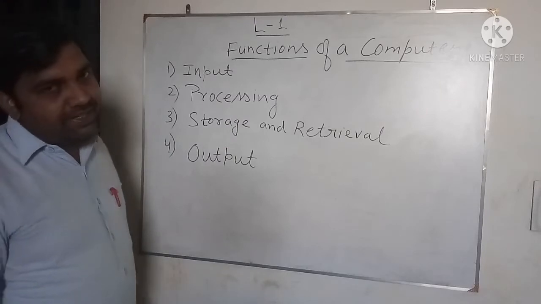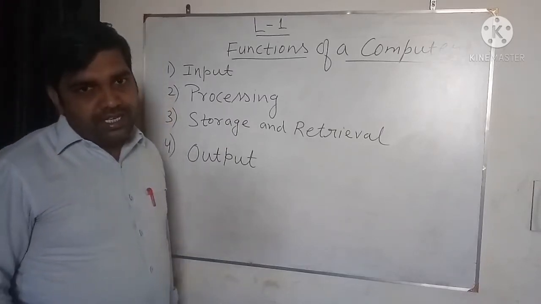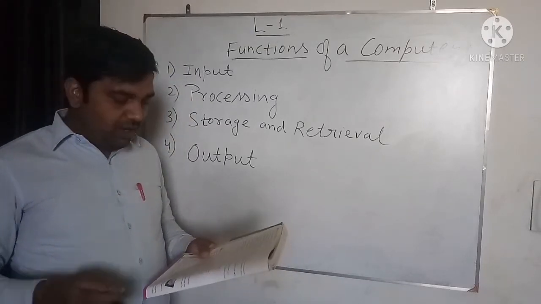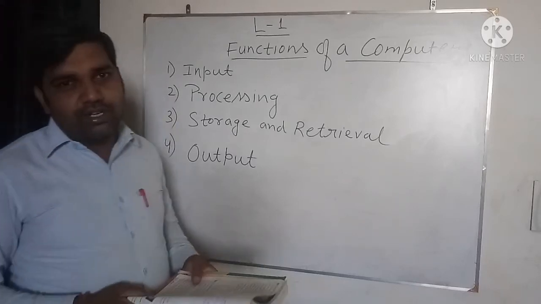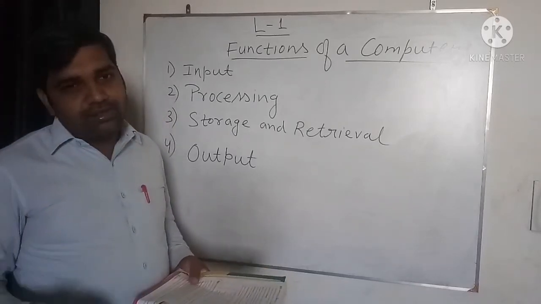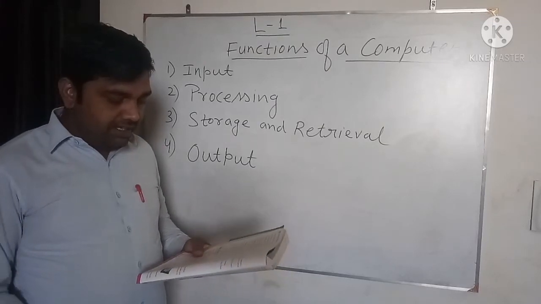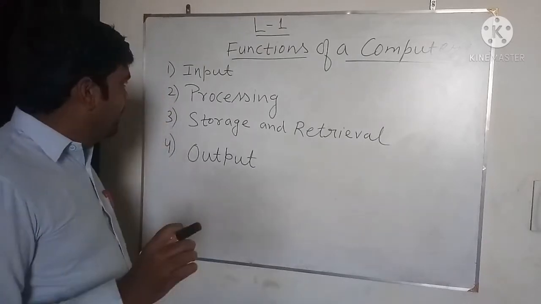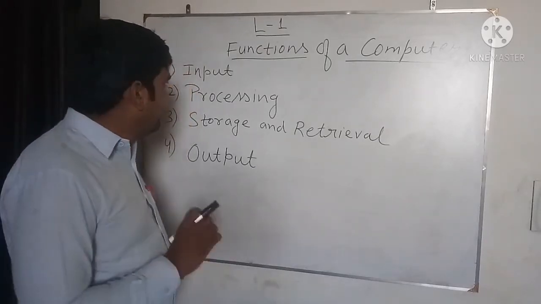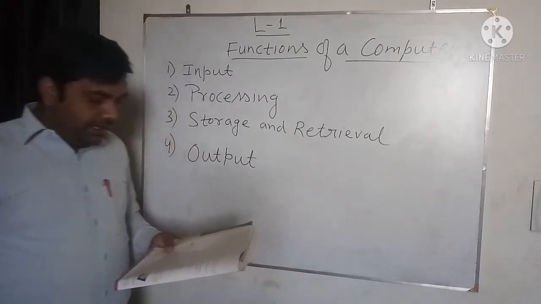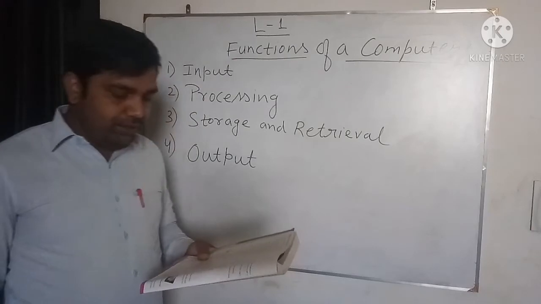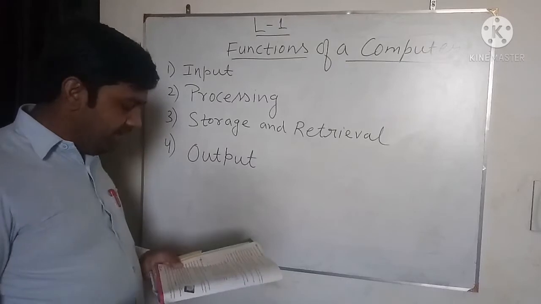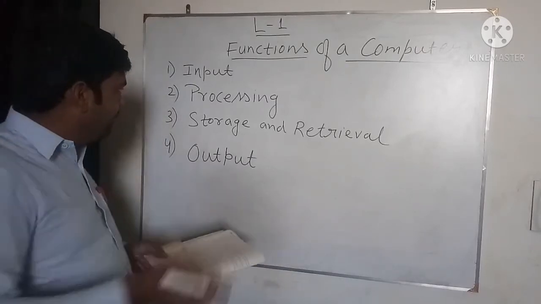Input units are the input devices that we have discussed: the keyboard, mouse, scanner, joystick. All these are input devices. The input unit is formed by attaching one or more input devices to a computer. So in a computer, one or more devices like keyboard and mouse, which are all input devices, are connected to the computer. A user inputs data and instructions. The user gives input data with the help of input devices like the keyboard, mouse, etc. The input unit is used to provide the data to the processor for further processing. Yes, so with the help of the input unit only we provide the data to the CPU for processing.